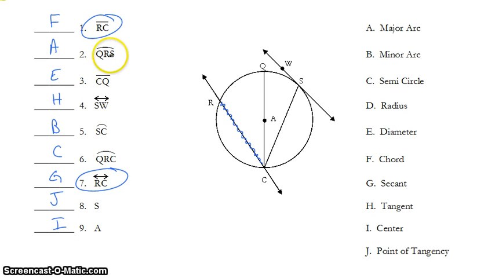QRS, 3 points, so I know it's either a major arc or a semicircle. I know that because of the arc symbol above it, so it means start at Q, go to R, and then end at S. I went more than half the circle. That's why it's a major arc. Segment CQ, edge to edge through the center, is a diameter. SW is a tangent. Arc SC, 2 letters, I could have automatically said that's a minor arc, and then I see it is less than half. Arc Q to